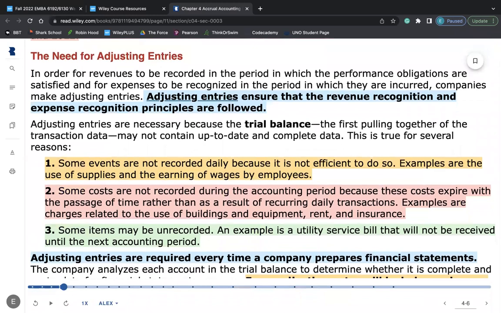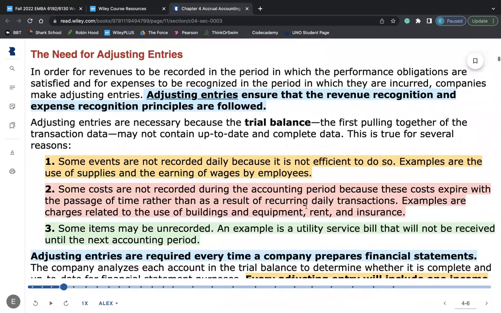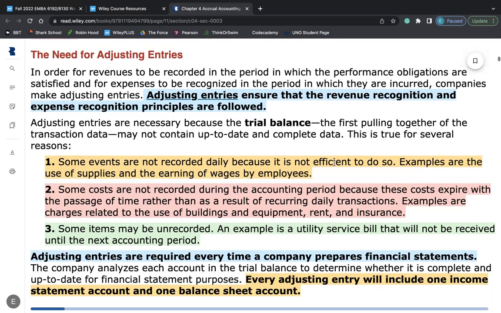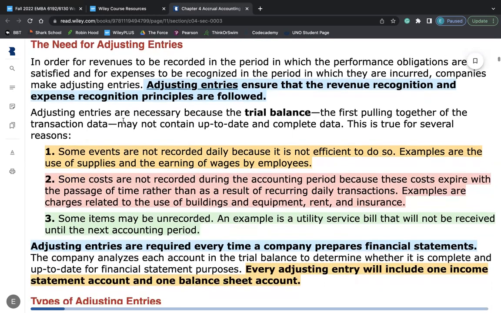All right, now we're going to move on to the need for adjusting entries. In order for revenues to be recorded in the period in which the performance obligations are satisfied and for expenses to be recognized in the period in which they are incurred, companies must make adjusting entries. Adjusting entries ensure that revenue recognition and expense recognition principles are followed. If you see here, the trial balance may not be accurate if we do not adjust